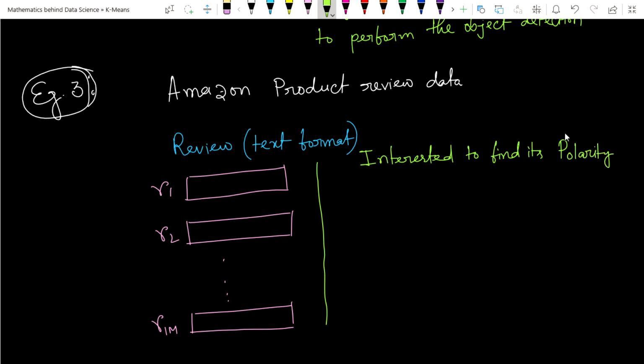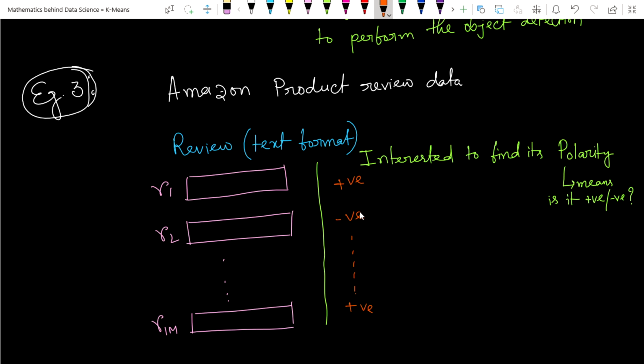Polarity means, is it positive or negative? We want to get the answers. Suppose we got this review positive, this review negative, and this review positive. But the question is how will we get this polarity value, whether this is